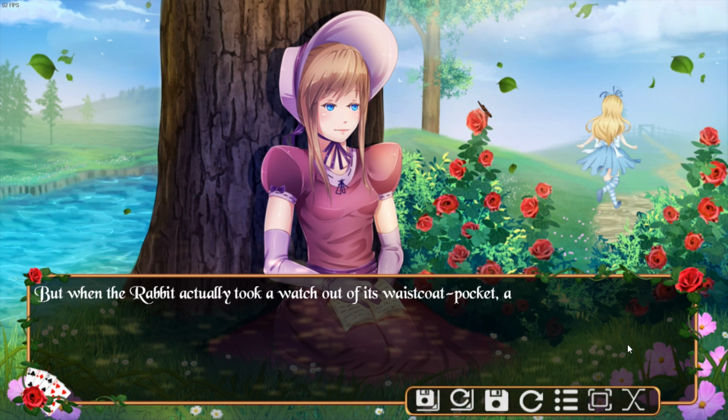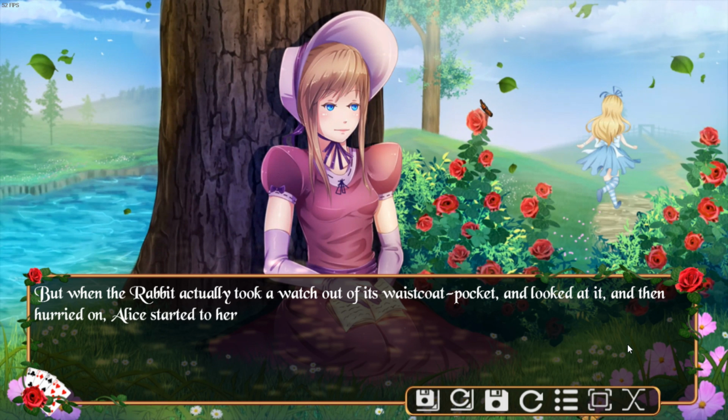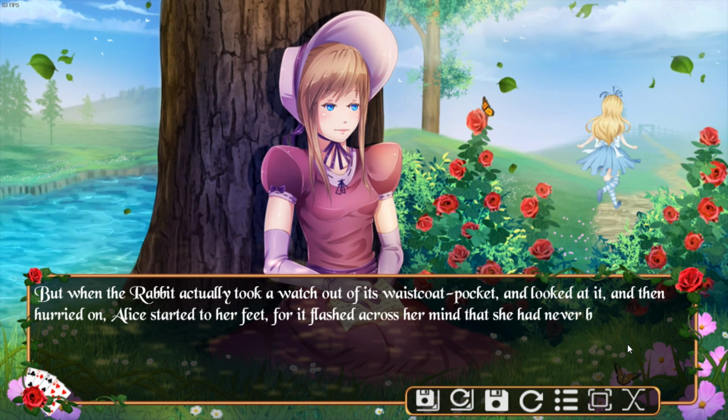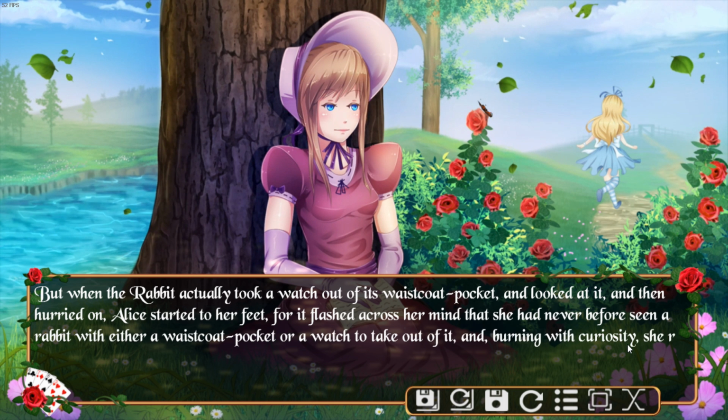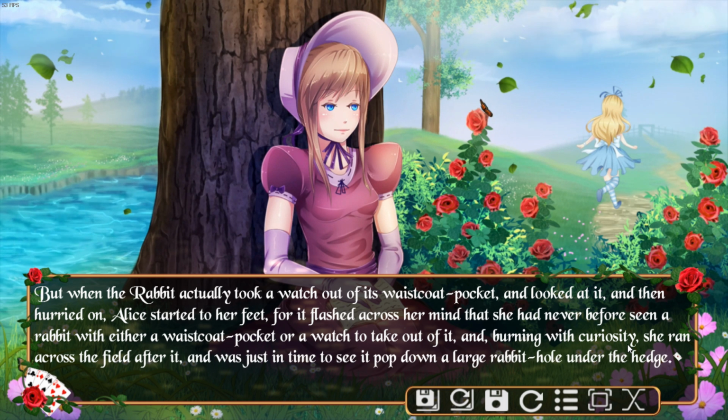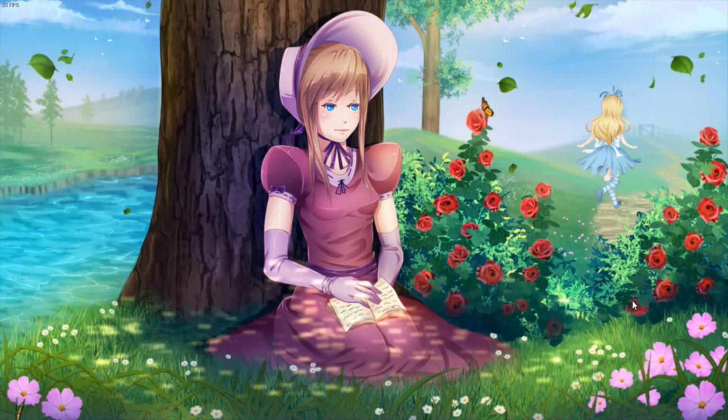But then the rabbit actually took a watch out of its waistcoat pocket and looked at it, and then hurried on. Alice started to her feet, for it flashed across her mind that she had never before seen a rabbit with either a waistcoat pocket or a watch to take out of it, and burning with curiosity, she ran across the field after it, and was just in time to see it pop down a large rabbit hole under the hedge.